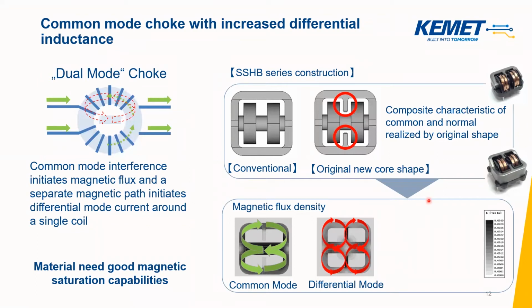And to realize this in a product, with the vertical orientation of the bobbins, we have, as you can see, a nose here on this side and a nose here. For a horizontal orientation of the bobbin, you have one magnetic field which goes out there, and then one field that comes here. So this is how a hybrid mode choke provides the needed impedance for both common mode as well as differential mode noise.